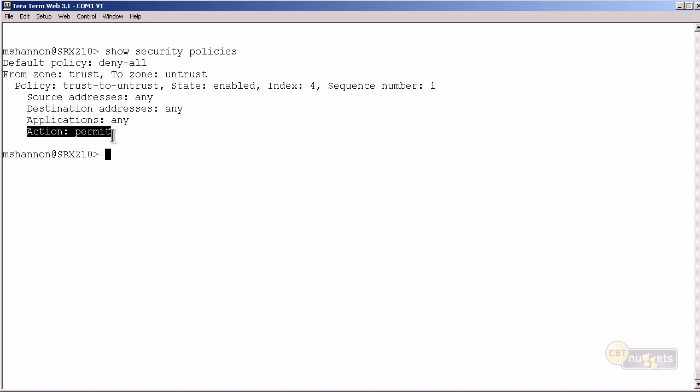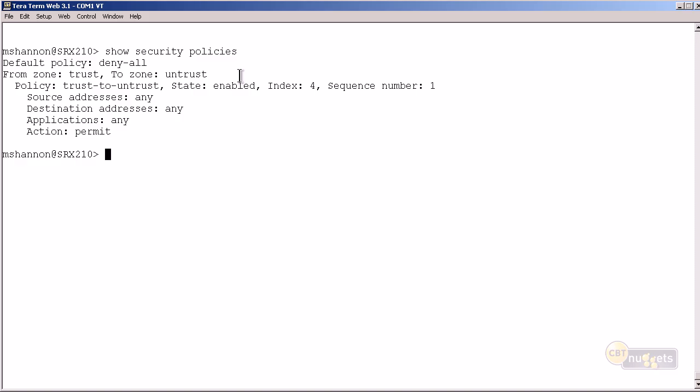And of course, there's that else statement, which is the default deny all. But of course, we're pretty much permitting all, so the implicit deny all here, the default policy, is not going to be hit in this particular instance for traffic coming from the trust zone to the untrust zone. Now we'll test this out in the next nugget to try some different applications to show how we can deny some traffic from the trust to the untrust, just to see it in action as well as some other case